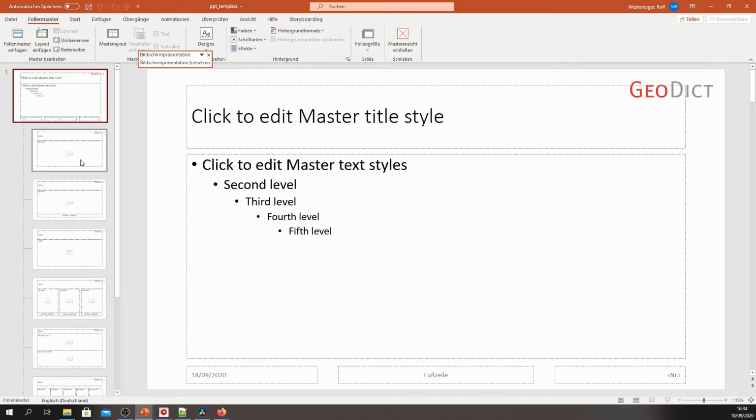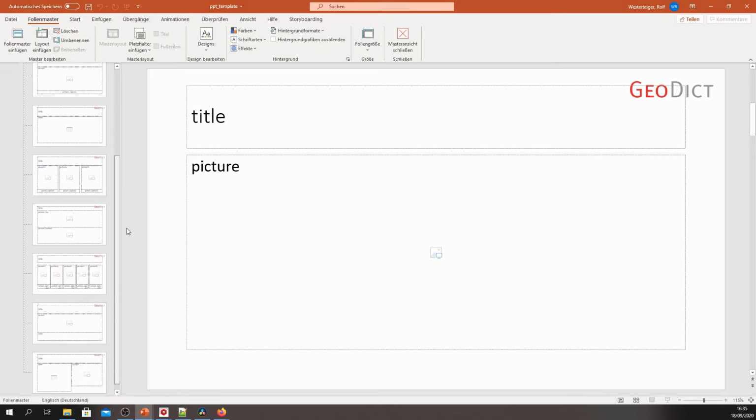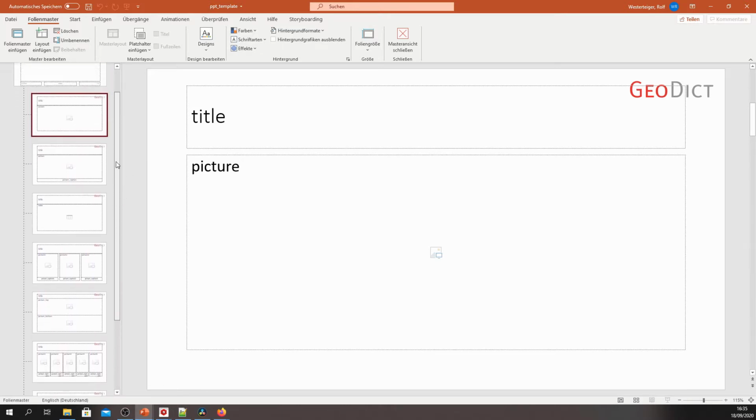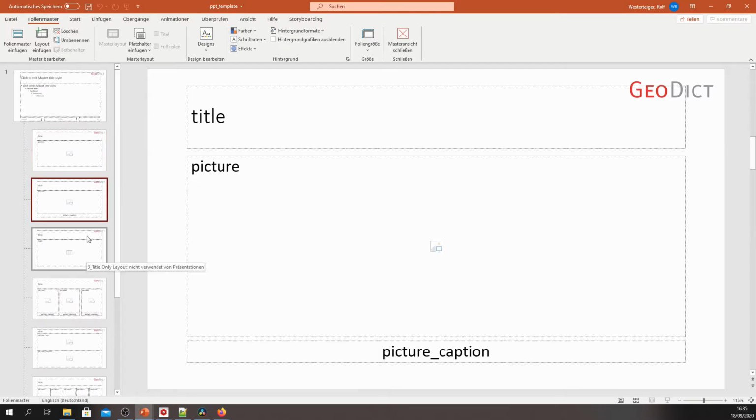And if we go to one of these slide masters, you can see that there are placeholders, which are just standard placeholders that you can add with PowerPoint with this placeholder function up here. But they all have a text defined, and this text is crucial for the report generation later because it identifies the element of the slide that you want to define. So again, this template file, called PPT template, is what we're going to be using, and it's already in your workshop materials. But you can easily create your own template files.